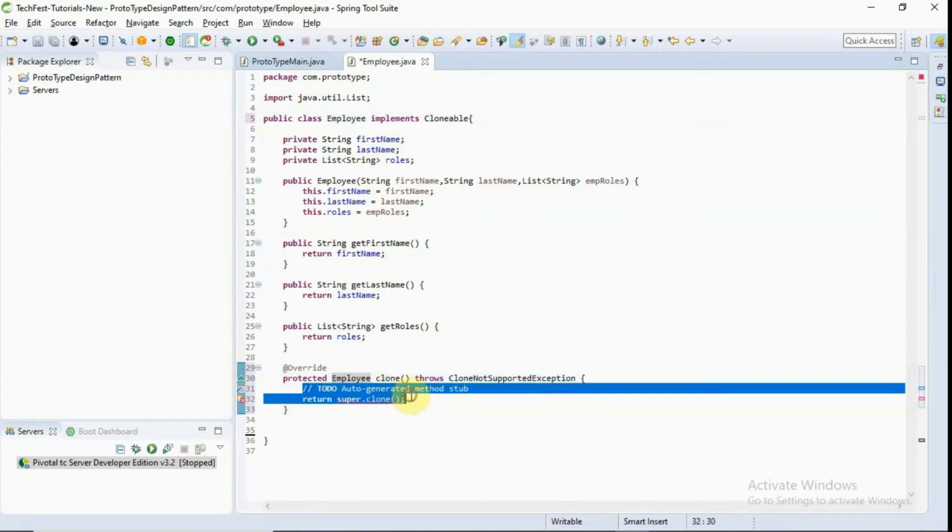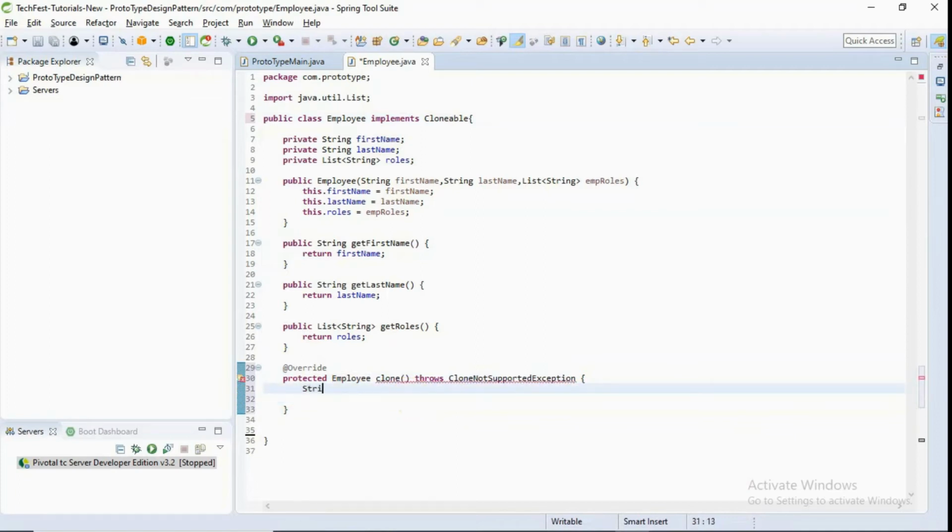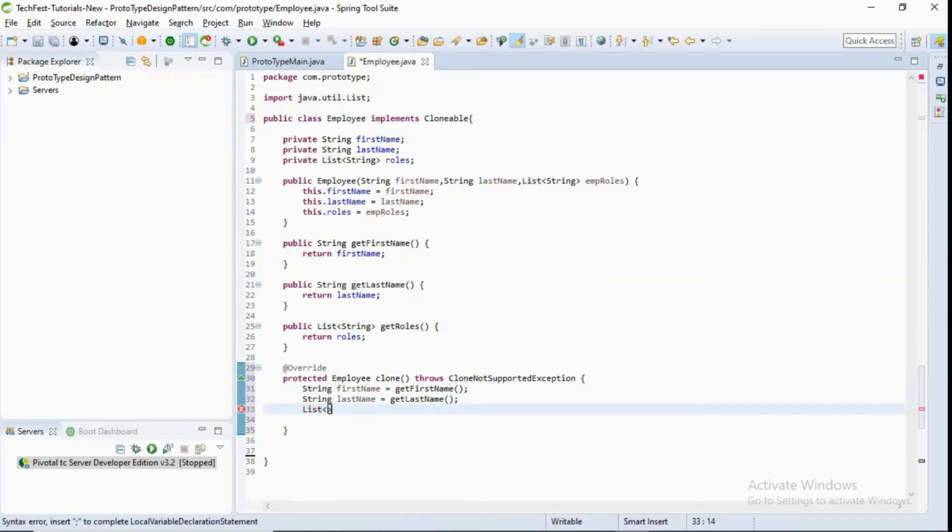And what we have to do is take a string first name equal to this dot, or we can do only getFirstName, which will provide the first name, then string last name equal to getLastName, and then we need to create a new object of Employee and return that object.